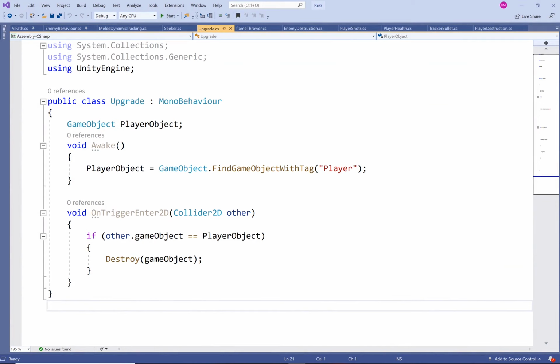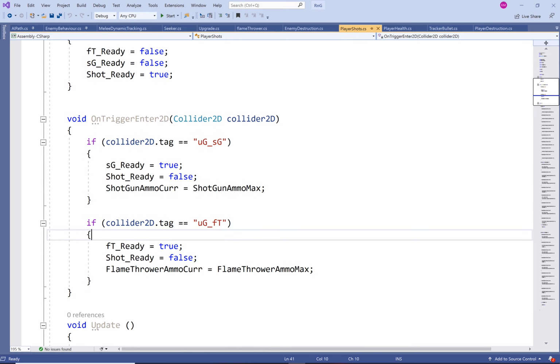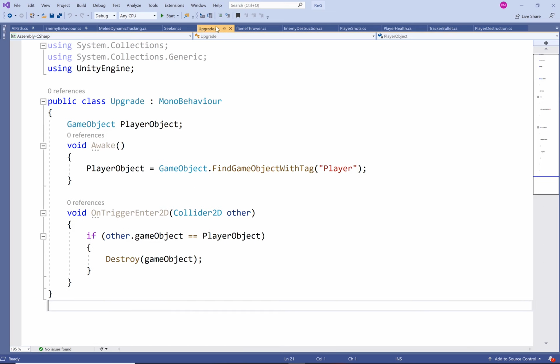Very simple script. Player game object, find that object with the tag player, void OnTriggerEnter2D collider other. So if the game object is our player game object, that object with the tag player, and we're just going to destroy this game object. We're not going to do anything else because everything else is sorted in this shot script. The adding in of our ammo and all that stuff sorted. All we got to do is just have this game object destroy itself